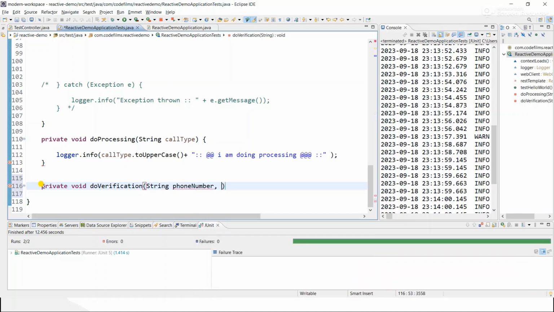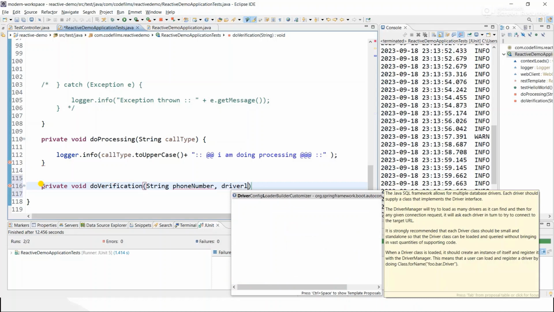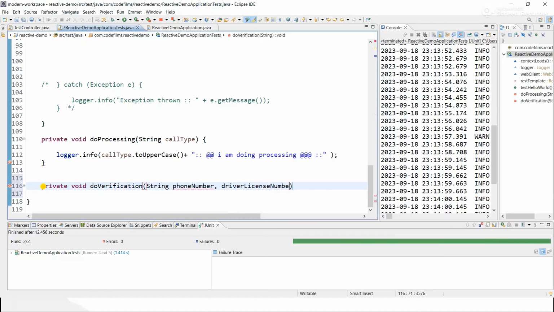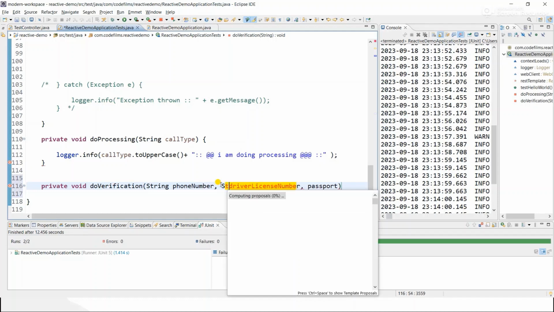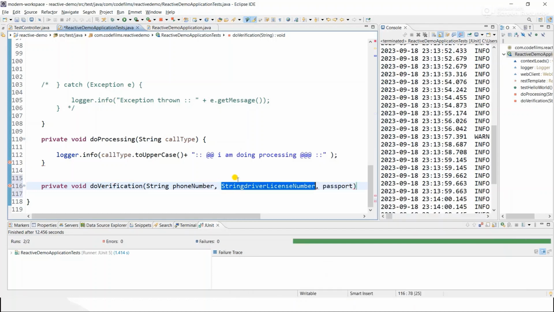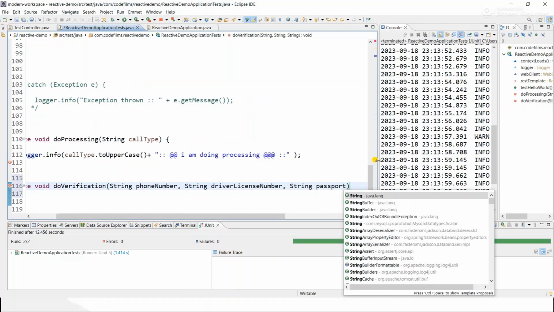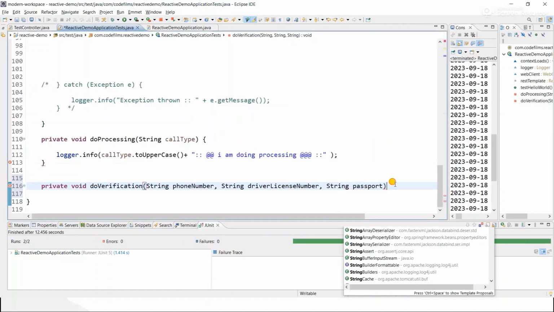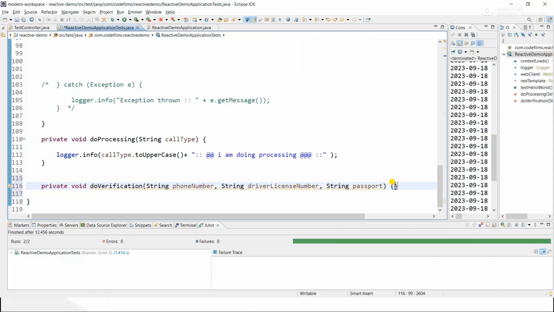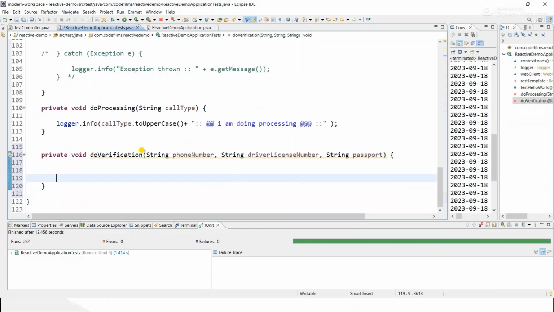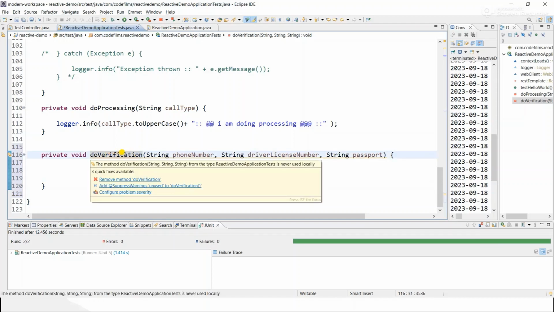You also have the driver's license number, and then sometimes your passport. So, string. Okay, so if this is what we are doing in verification of a person or a customer or whoever the focus is on,